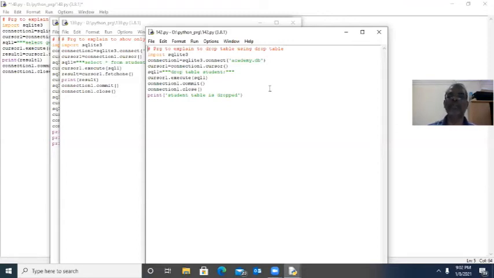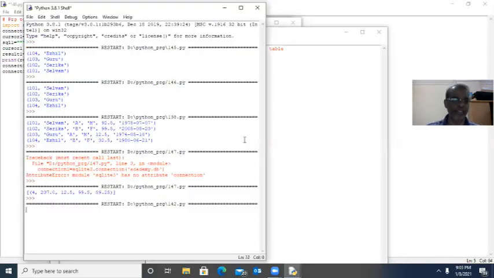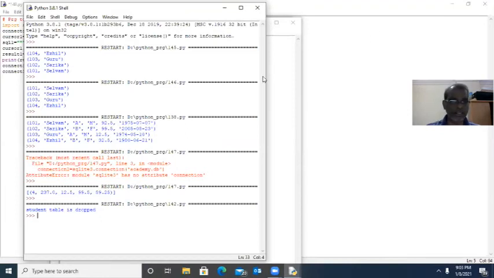Once again we will create a new table called student with 5 records. Previously we had student with 4 records, 2 female, 2 male. Now I like to have one table called student with 2 female, 3 male. Okay, then only we can see the difference for group by. If you run this program, the student table will be deleted. So the student table is deleted. Good.